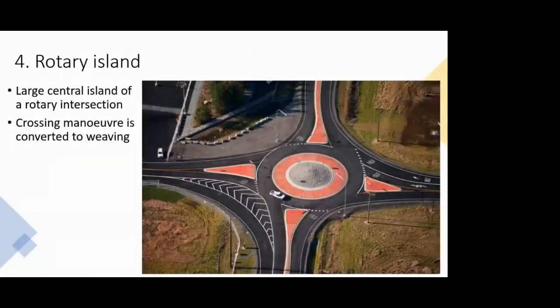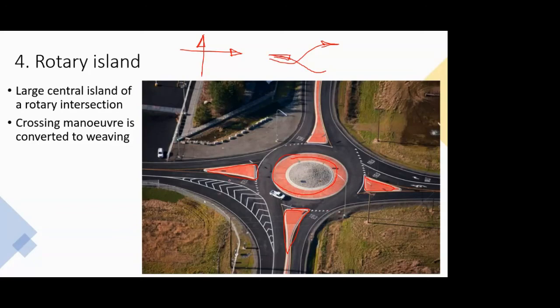Okay. And the last is the rotary island. So again, rotary, I have shown you before also. So rotary is nothing but when you have a large circle kind of thing in between, and then you have channelizing islands at the same location. So that will be the rotary island. Okay. Now the main purpose of the rotary island, whatever I had shown you at the starting, is that you have a crossing maneuver and you have a weaving maneuver. Weaving as in the two movements can go simultaneously. So that happens in a rotary.